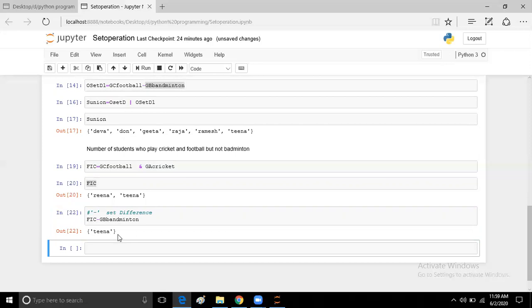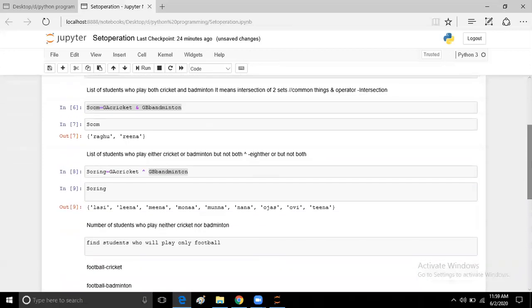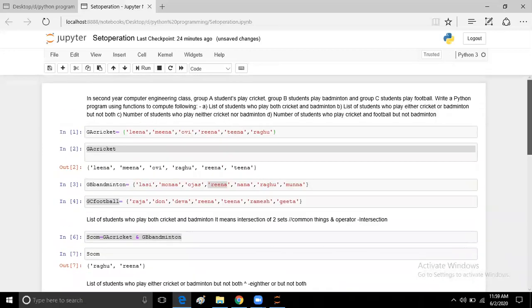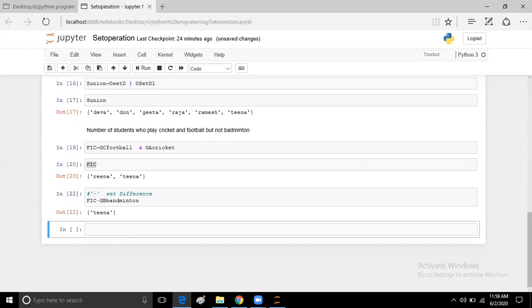In this way you will get the output of all the things: union, set difference, symmetric difference. Actually, you should try out all the things here. Is it clear? So this is your complete program.